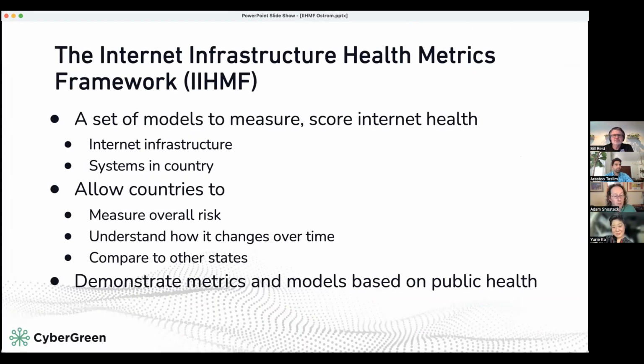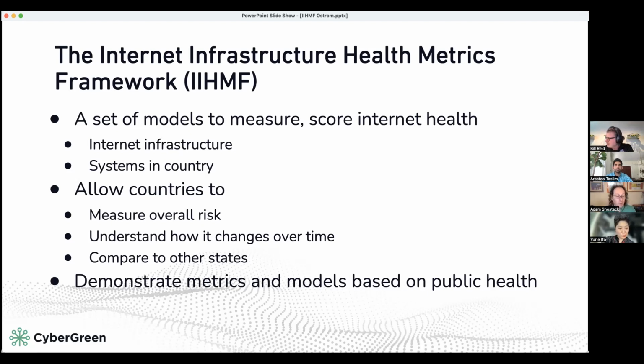And so the Internet Infrastructure Health Metrics Framework is a set of models that measure and score internet health. And so we really have two primary lenses that we look through for the project. One is internet infrastructure, and the other is a country-by-country lens. And I'll talk about why that's so valuable to us